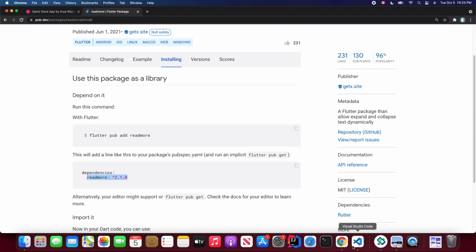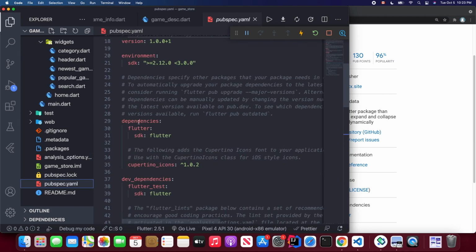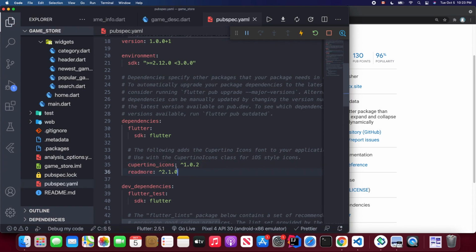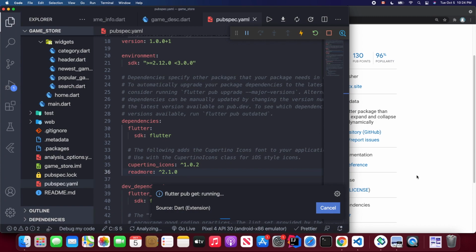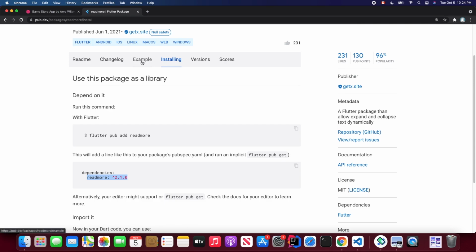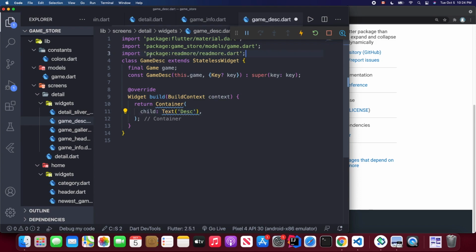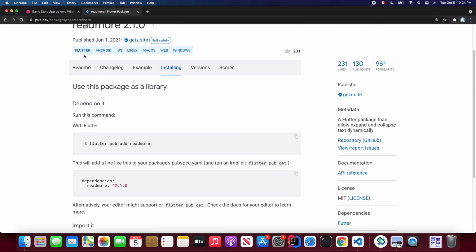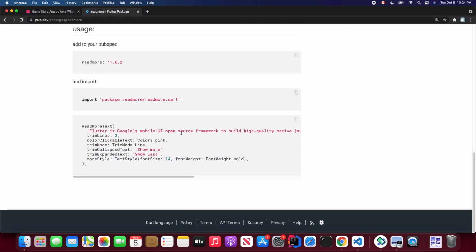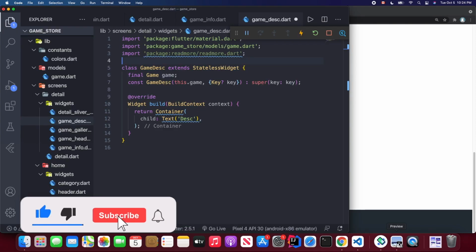So add a dependency in our pubspec.yaml file. Okay, after these Cupertino icons, I'm going to place our dependency, and you save it, and Flutter pub get is running. Okay, I think we finished that part, and we're going to import a library on the top, right? And let's check this readmore. We could just use it. This is a very simple example. So let's go back to this